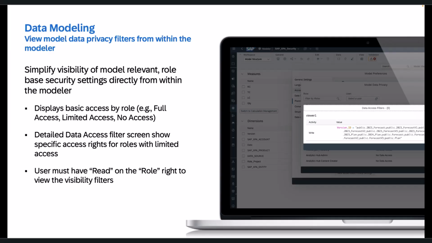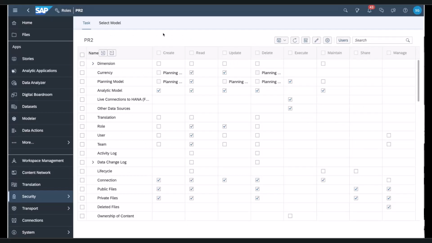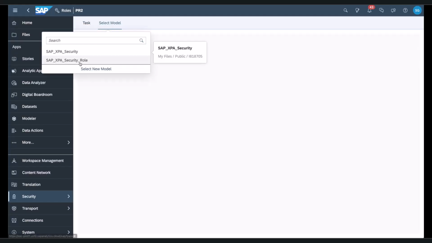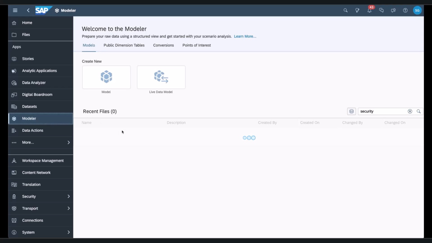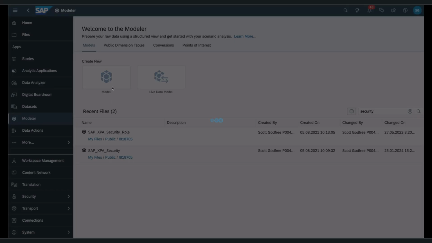So with that, let's jump over and see this in action. So we'll just take a quick look at this role PR2 that I have, and this reflects a specific role assignment for this model, write access to a given entity and product, and read access to all entities. Now if we navigate over to this XPA security role model,